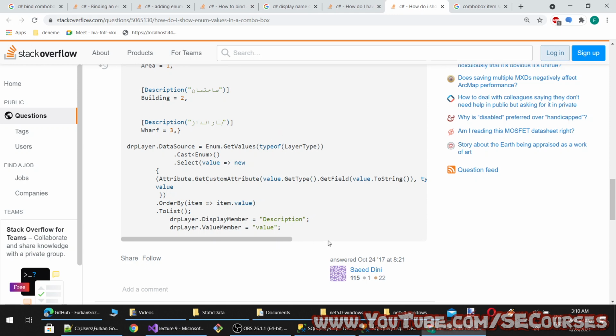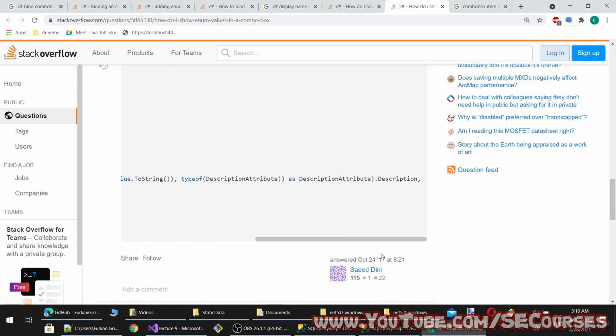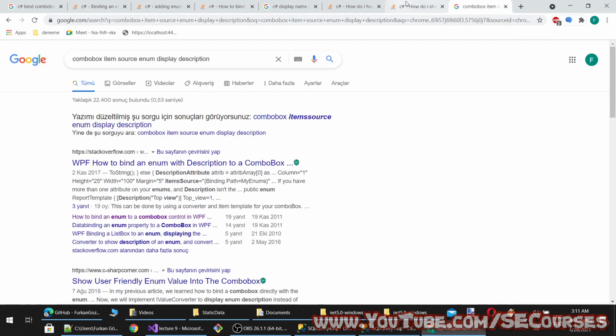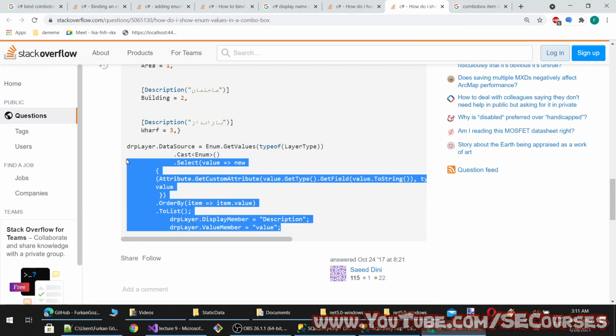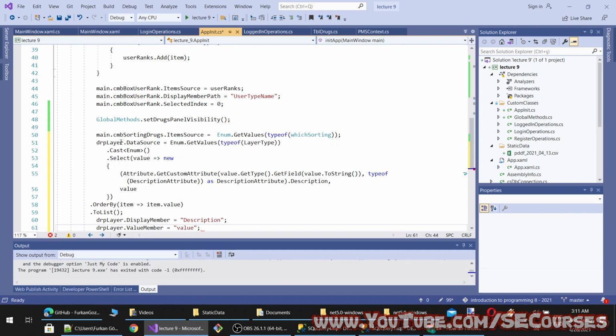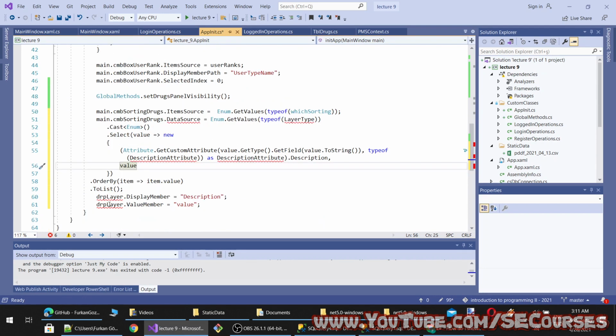Hmm. So this looks like the correct way, but let's see. So there is data source and item source.